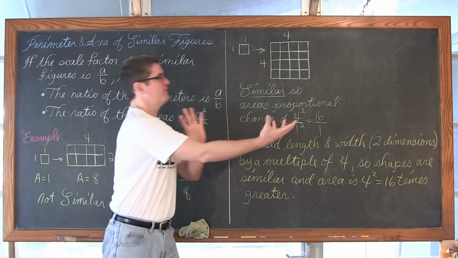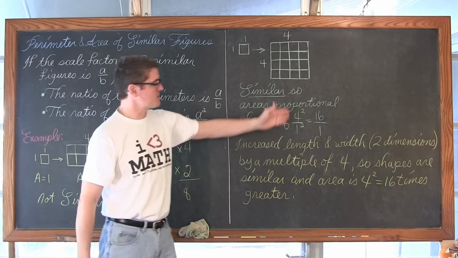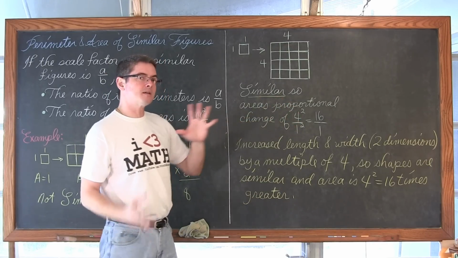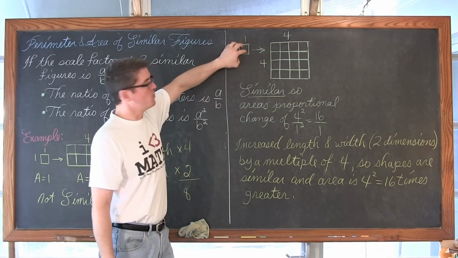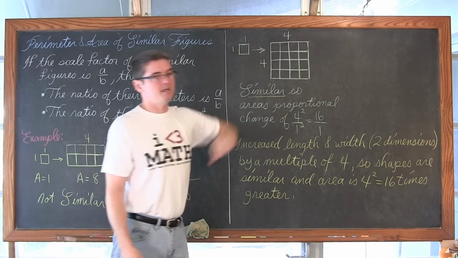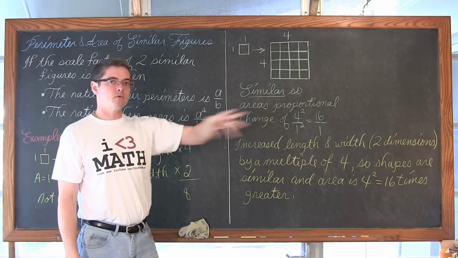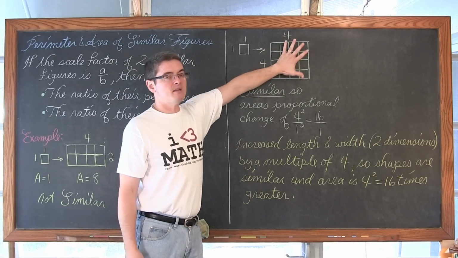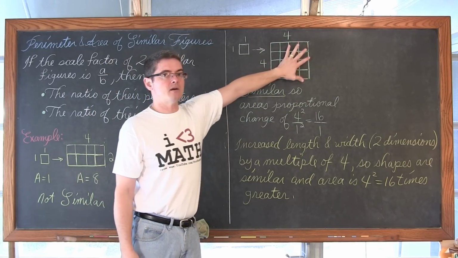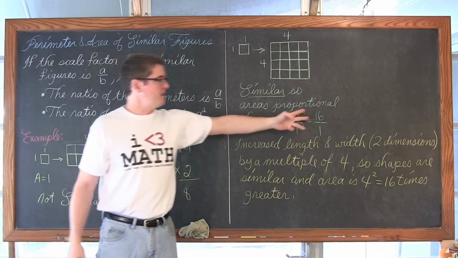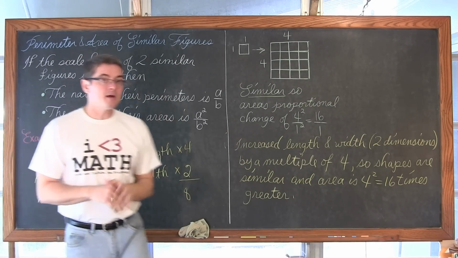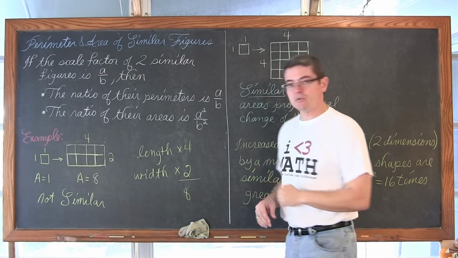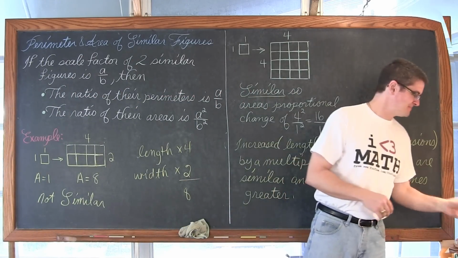If you were going in reverse: I set this ratio up as going large over small, so going from small, when I say 16, it's whatever this area is times 16 to get this particular area. If I was going in reverse and I wanted to take the large area and convert it down into the small area, well then I would be dividing by 16, or I would have 1/16. So I got 4 examples, and let's get to them right now.